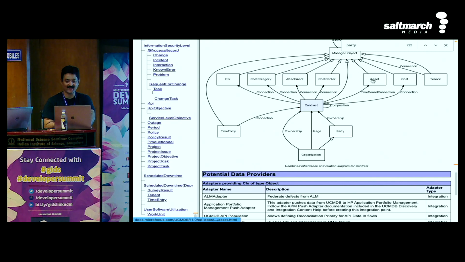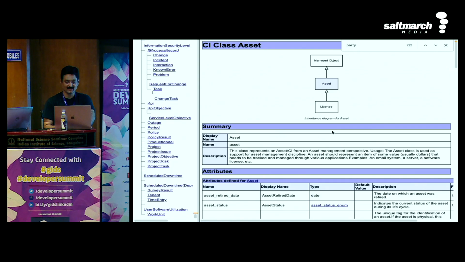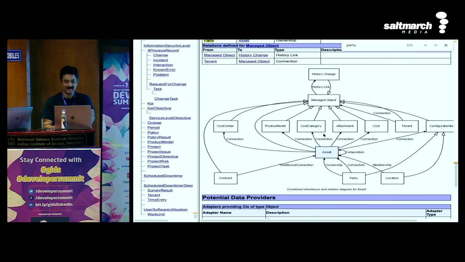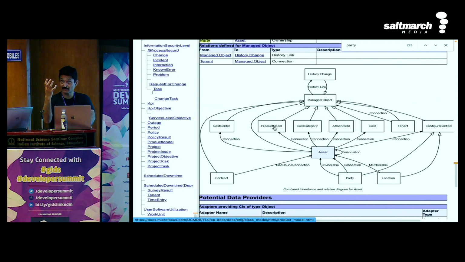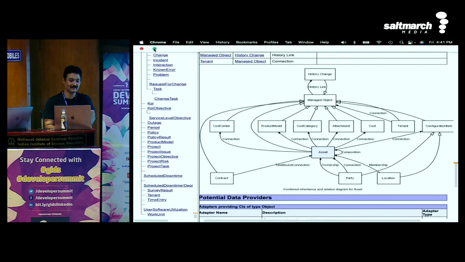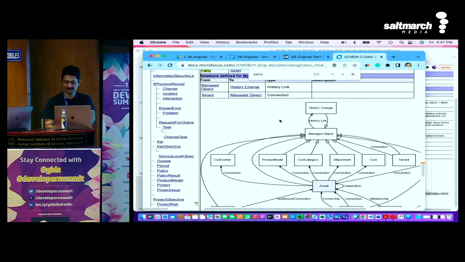Organization is the same thing. Asset. If you're building an asset, what do assets have? Assets have a cost center, a party, a location. An asset can be a car. You know, a car can be an asset. And product model and other details here. This can be your product also. A product is also an asset behind the scenes. So this is an asset. What data model to use? This is the data model to use for that. Make sense? So that is one way of understanding the party model.